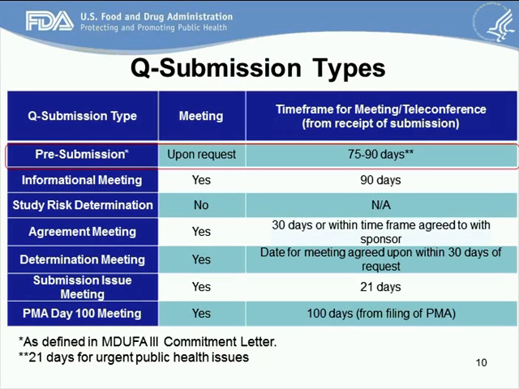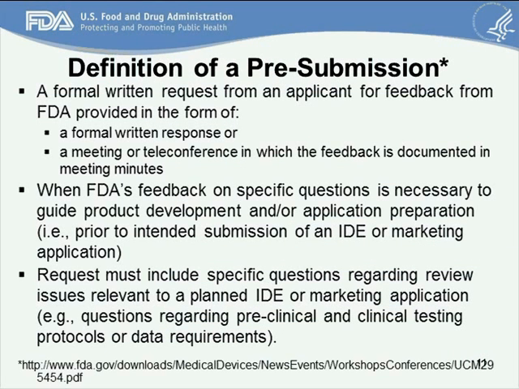Thanks, Soma. First, we'll talk about the pre-submission, which is definitely the most common type of Q submission we see at FDA. The definition of a pre-submission can actually be found in the MDUFA 3 commitment letter. It was during MDUFA 3 that this program was developed together with industry. A pre-submission is a formal written request from an applicant for feedback from FDA, provided either in the form of a formal written response or, if requested by the sponsor, a meeting or teleconference in which the feedback is documented